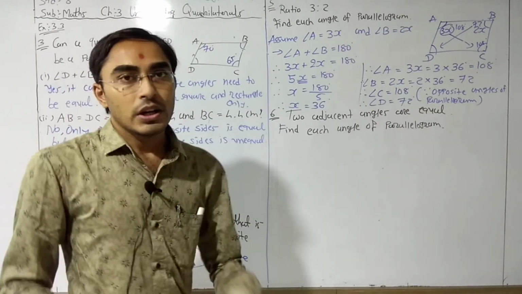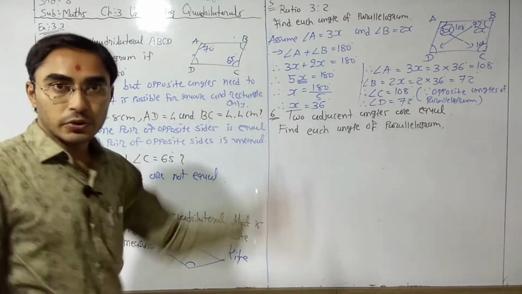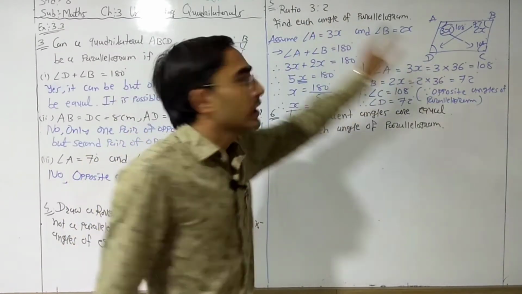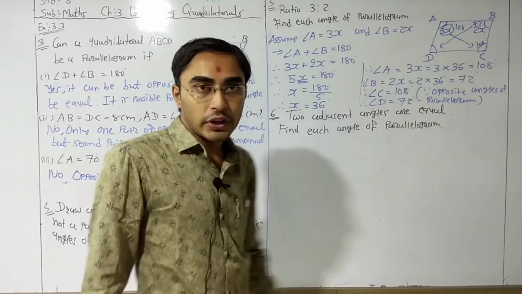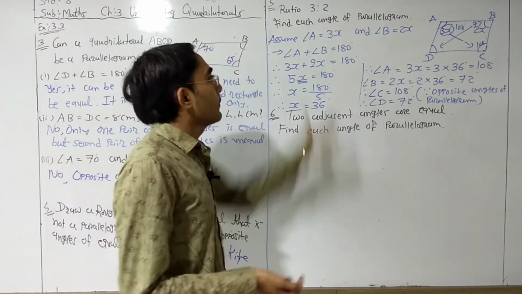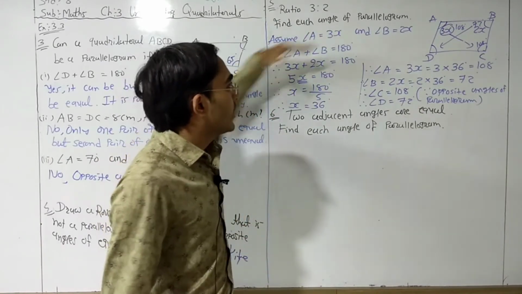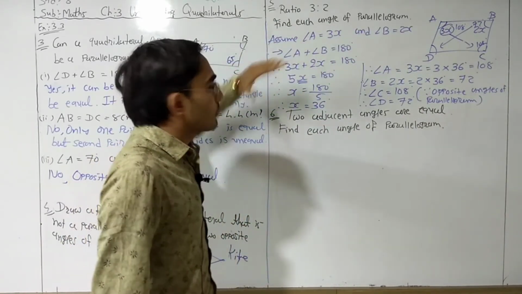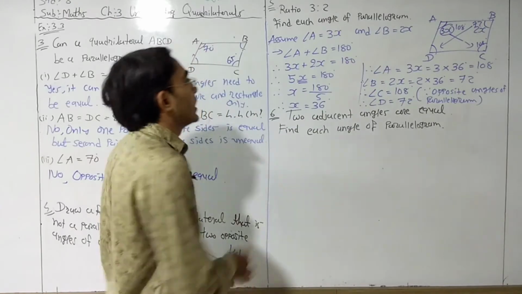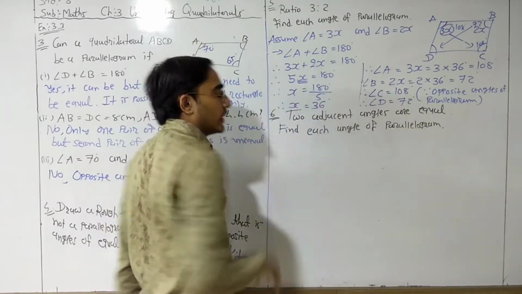Okay. First of all, a ratio is given to you, 3:2. So we need to assume our angles according to the given ratio. Here we have 3:2, so our two angles, angle A and B, according to the ratio are 3x and 2x. Then we apply one property of the parallelogram, that the sum of two adjacent angles is equal to 180 degrees. Then put the values of angle A and angle B here. So angle A, 3x, plus angle B, 2x, is equal to 180 degrees. Now add these two values, 3x plus 2x is 5x, equal to 180 degrees.